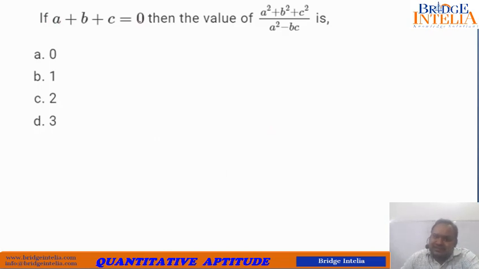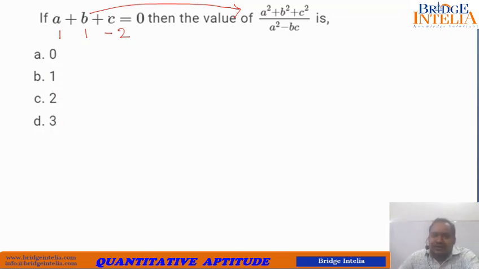Now let's move forward. Now this is pretty easy. A plus B plus C is equal to 0. You see that all the 4 options are distinct. All the 4 options are concrete. Now what can you do? Choose some dummy values. Let A be equal to 1, B be equal to 1, and C be equal to minus 2. These dummy values are actually following the description. They fit the description. Now you simply substitute these values in this expression and see which of these 4 options it actually matches.